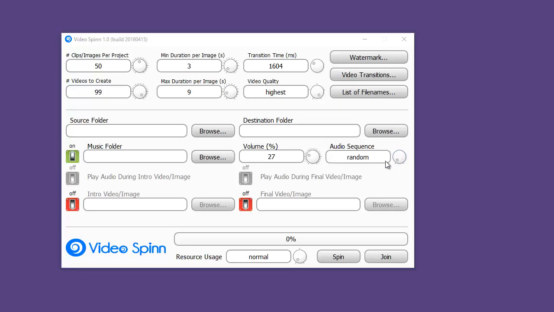If you pick random and the audio file VideoSpinn chooses is shorter than the video being produced, VideoSpinn will select additional random audio files to fill the length. If you selected continuous, it will loop the selected audio file over and over until the video being created is